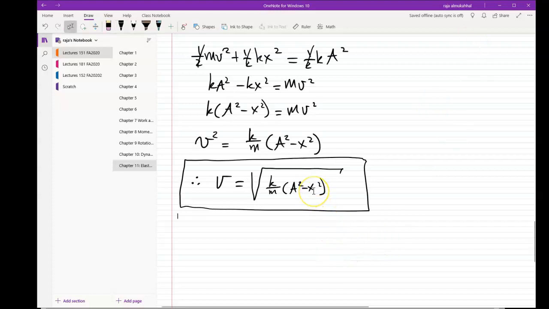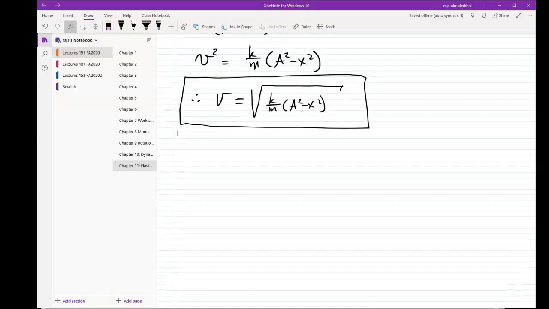Basically, give me that value of x that you want me to measure the velocity at, and hopefully I know the amplitude, the maximum displacement, and of course I have information about the mass of the oscillating mass and the stiffness constant of that spring. I can find you the velocity. Got it? Okay. So with this in mind,